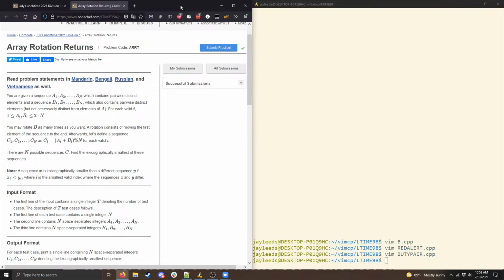But in general, when I'm in a contest, I use a map or a set rather than an unordered map or unordered set. With that said, obviously, if you're in some sort of job interview and the interviewer asks you to get your algorithm down to O of n, then using an unordered set or unordered map is a great way to do that, because in a job interview, they likely won't be aware of and certainly won't care about things like the potential to hack an unordered map or whatever. But for programming contest purposes, I generally stay away from unordered set and unordered map.